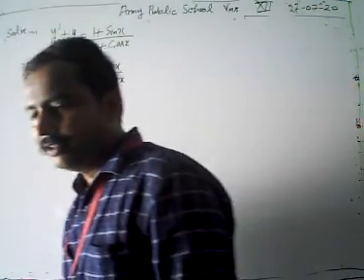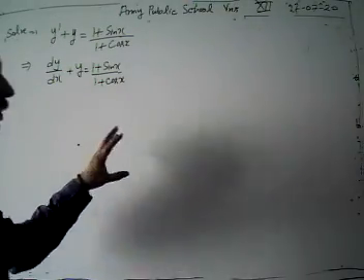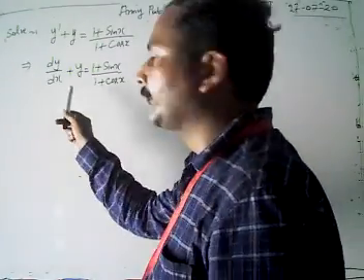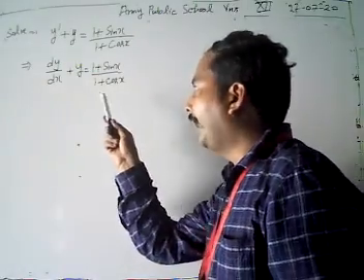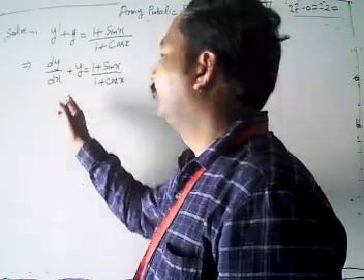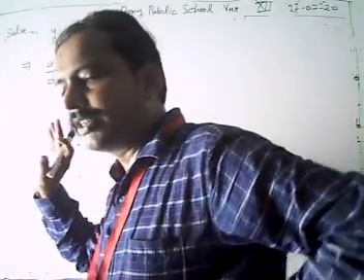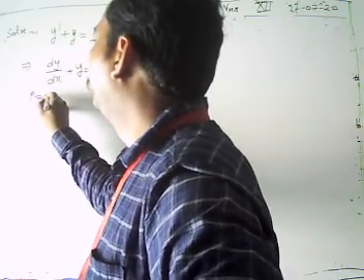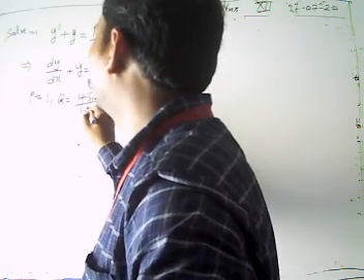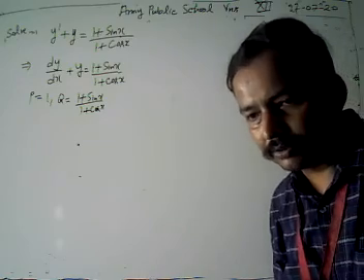Now we can write our problem as (1 plus sin x) times 1 upon (1 plus cos x). Now look, that is obviously in our standard form. What is the standard form of a linear differential equation? It is dy/dx plus Py is equal to Q. Comparing with the standard form, we get the value of P as 1 and Q as (1 plus sin x) upon (1 plus cos x).